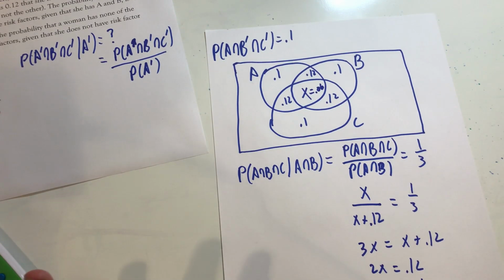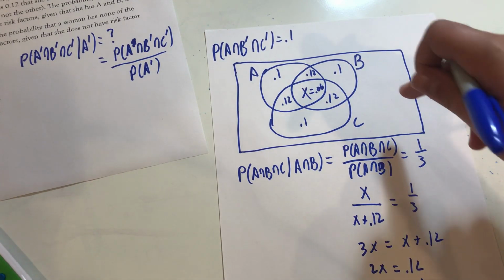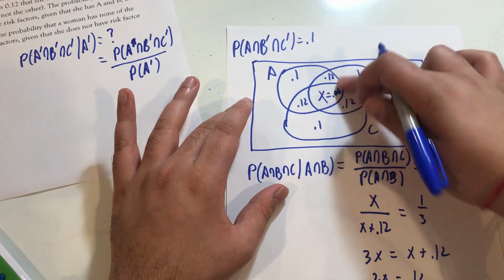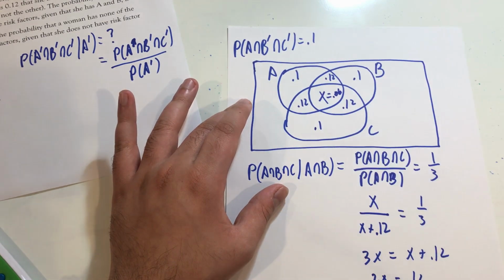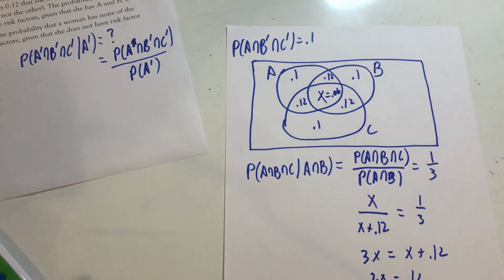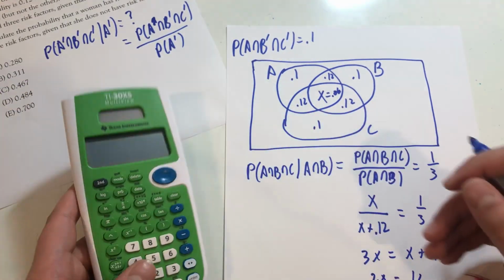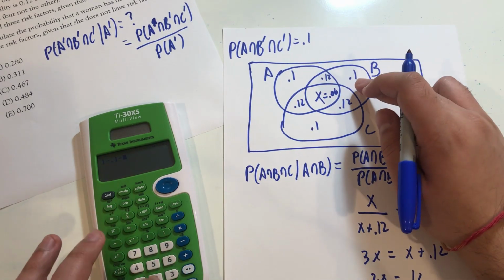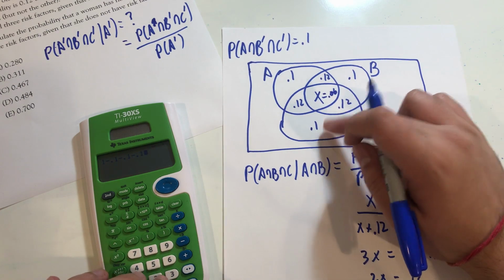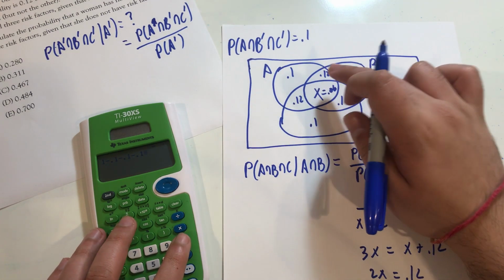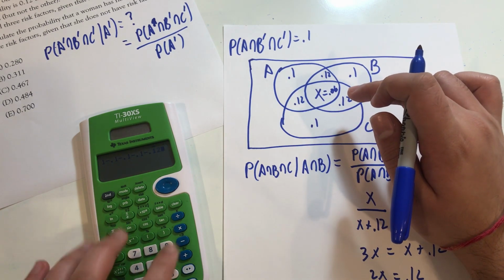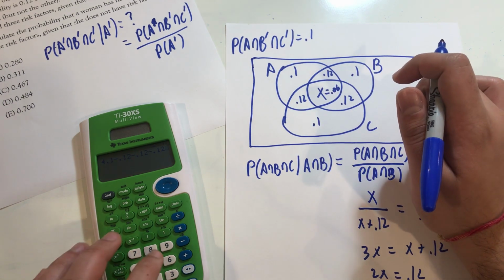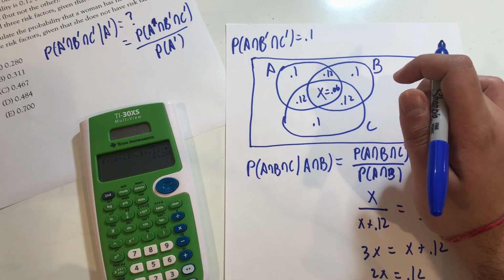Okay, so based off this, what is the probability that she doesn't have any of the risk factors? Well, that would be simply everything outside of these regions. So 1 minus everything in here, right? So I just do 1 minus 0.1 minus 0.1 minus 0.1. Then minus 0.12 minus 0.12 minus 0.12. Then minus 0.06. And it gets me